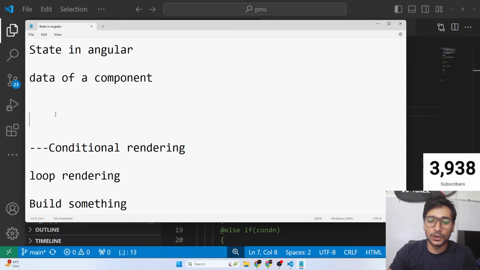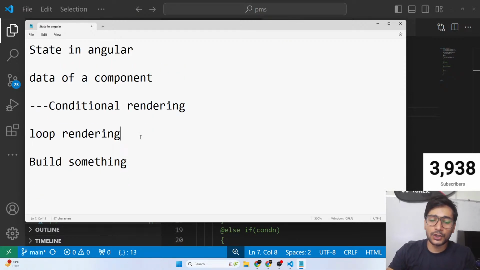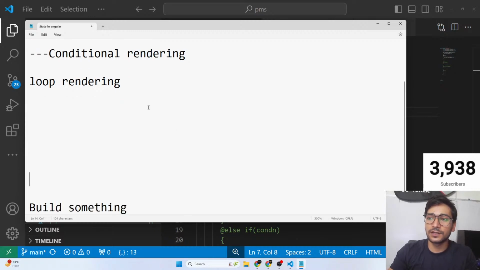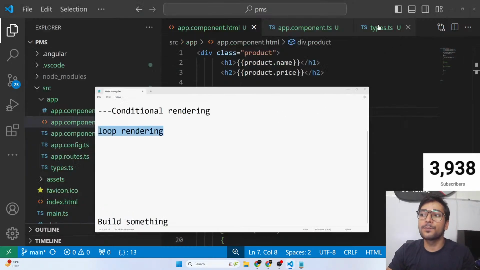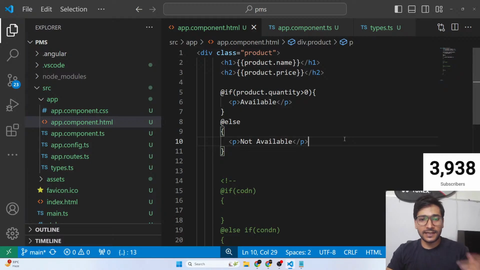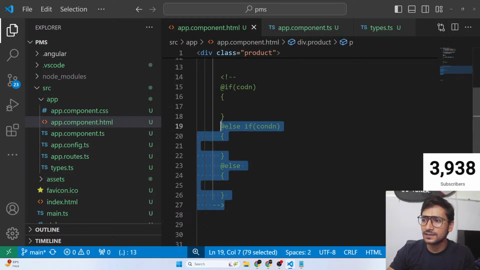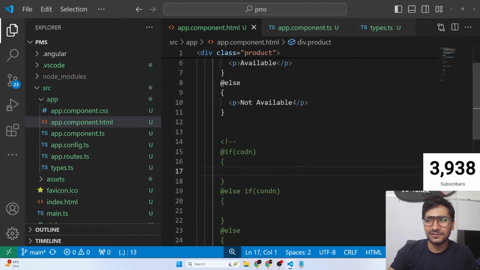So guys, let's go with the next concept, which is going to be something called as loop rendering. And also let's try to discuss where this is important. Okay. So now see guys, all set. We have this code available for some time. We can, let me remove this whole syntax. So we can keep it here. Let's keep it for now.